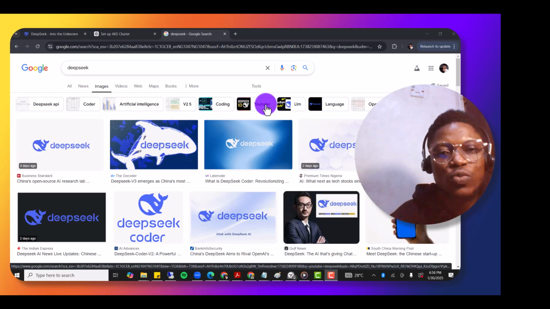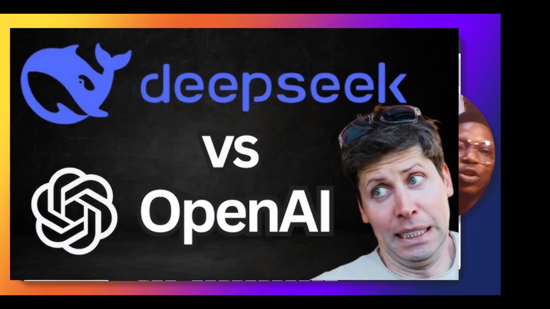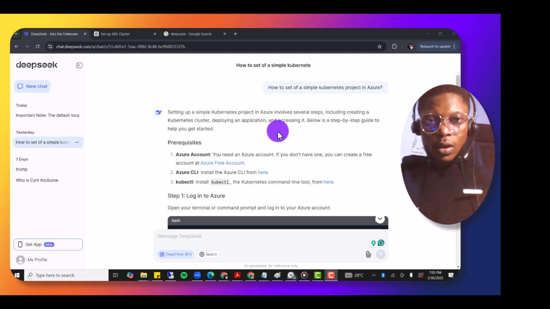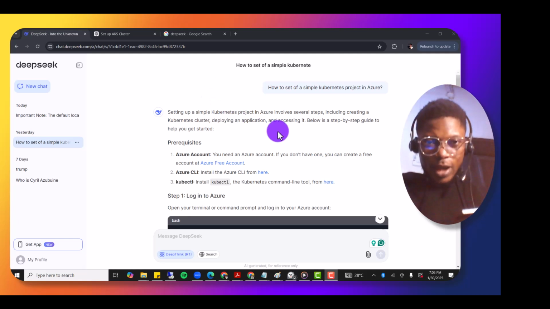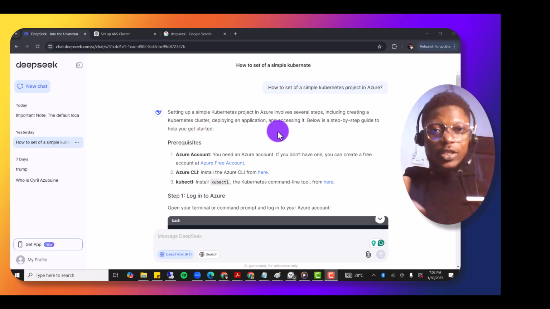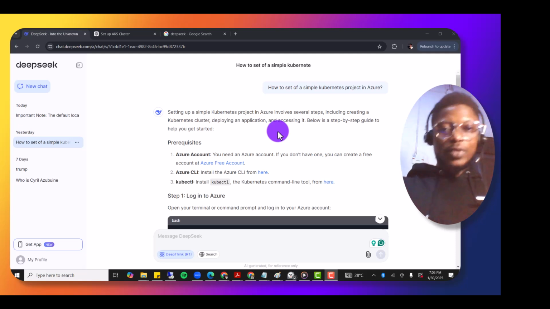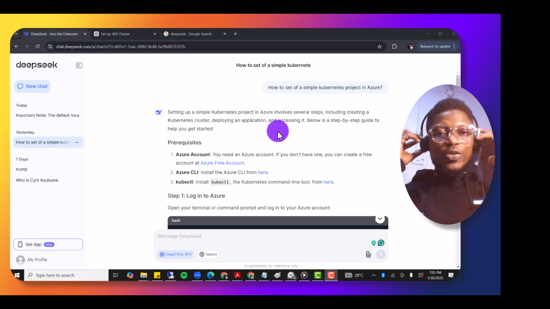So I did one real quick research about DeepSeek and ChatGPT, which is also OpenAI-based technology, and I'm going to show you a walkthrough of how this technology really works. So first, let's dive right into this. I asked DeepSeek and ChatGPT similar questions, to tell me what they think about this question.